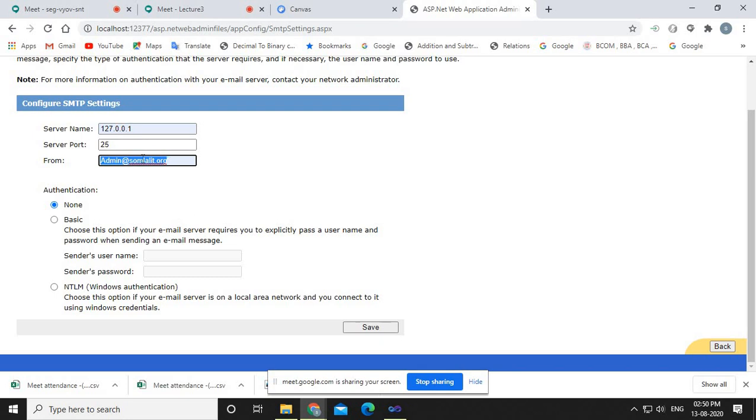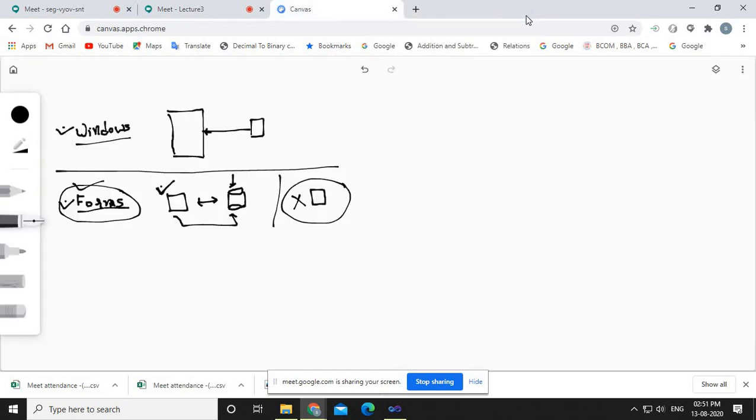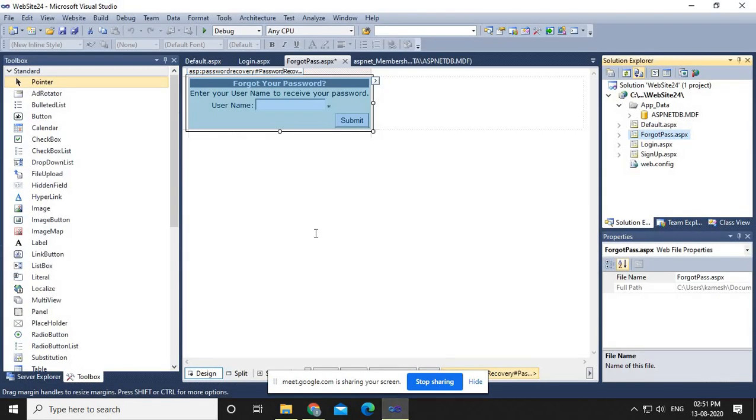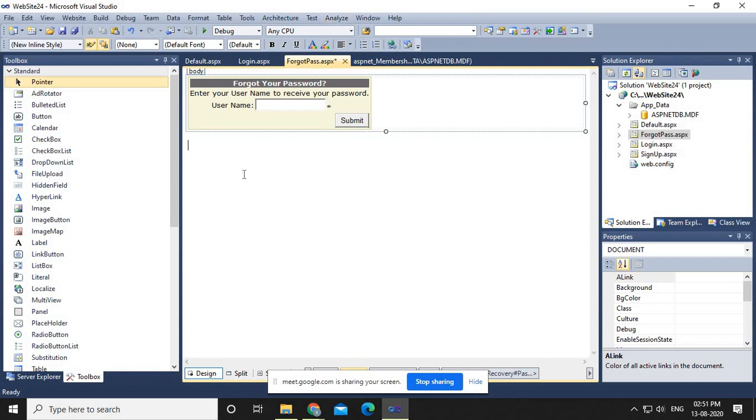Let's suppose you don't have an SMTP server and all, you can also use the SMTP services of Gmail, right? So you just search on Google for the SMTP services server name and port number, and you will get the name of the server and the port number on which Google is running its SMTP service, that you need to type over here. Fine. Currently on my machine I don't have that SMTP, I am not running an SMTP service on my machine, so obviously I can't show you this thing.